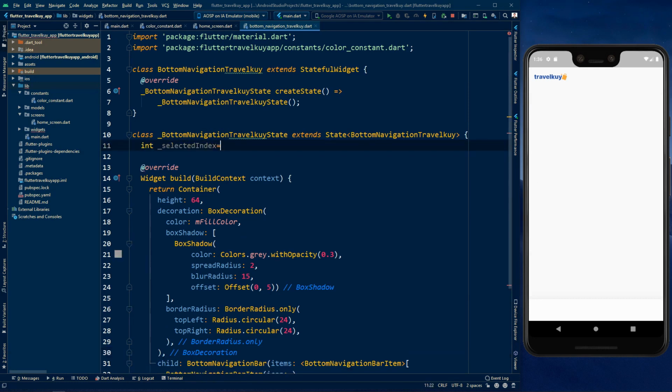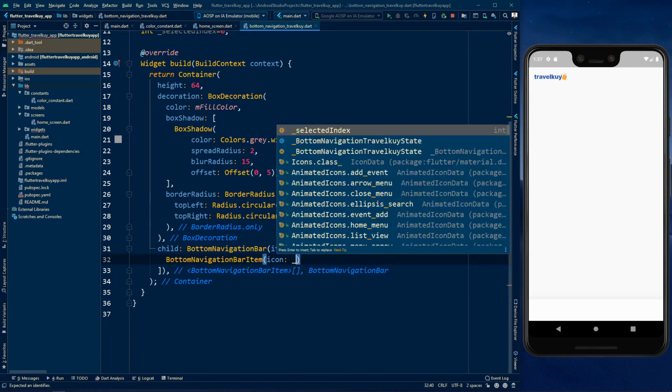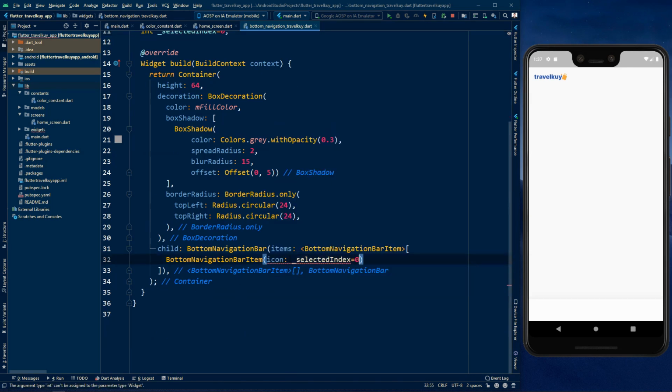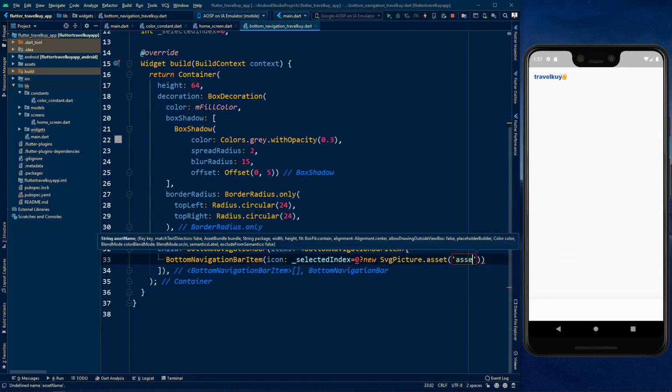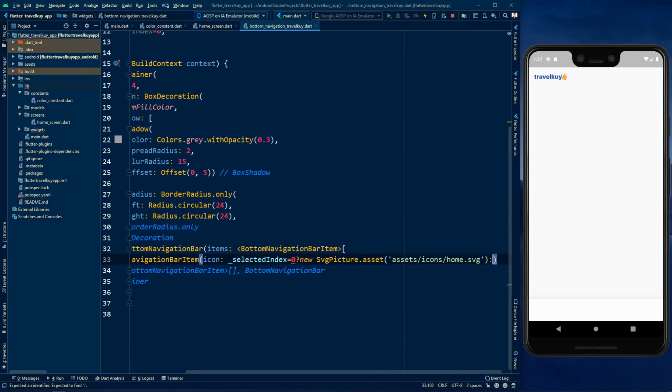We set it to 0. So we go to icon again and we say selectedIndex equals 0. So we set the icon to be SvgPicture.asset and we say assets/icon/home.svg. And we say again,